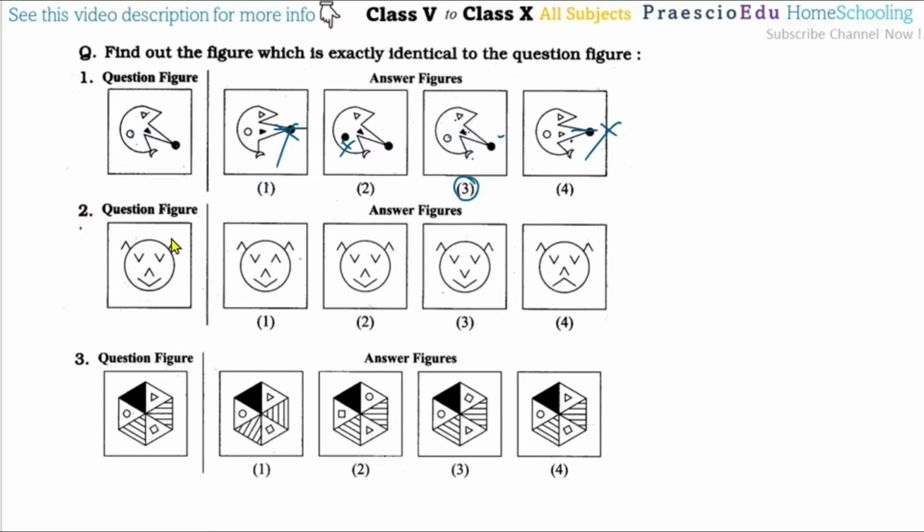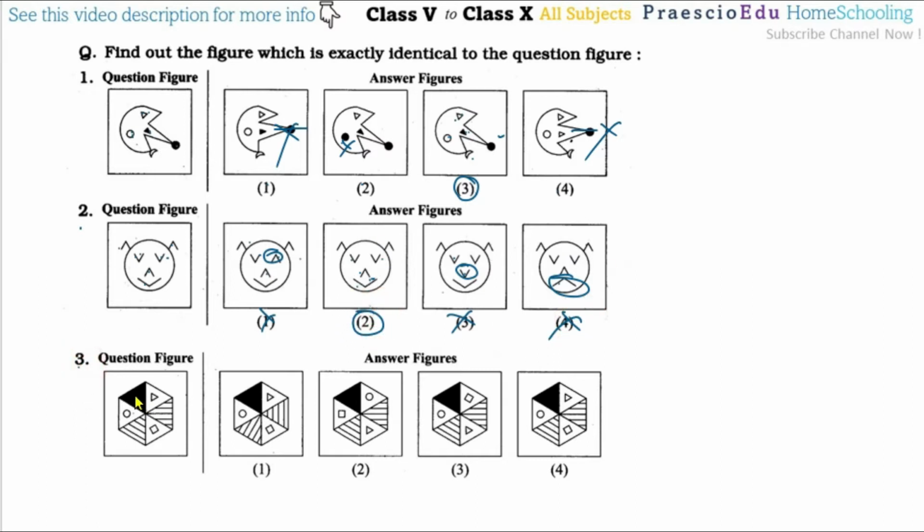Now question number 2. So there are some ears and eyes. As per this one the ears are the same, but the eyes, this is different. Now here the same, here the same, here the same, but as per the consideration of the nose, everything is identical, but this is different. So now two options are gone. Now as per this one the nose is the same, and as per the mouth this is identical, this is different, okay. This one is also wrong, so option number 2 is matching.